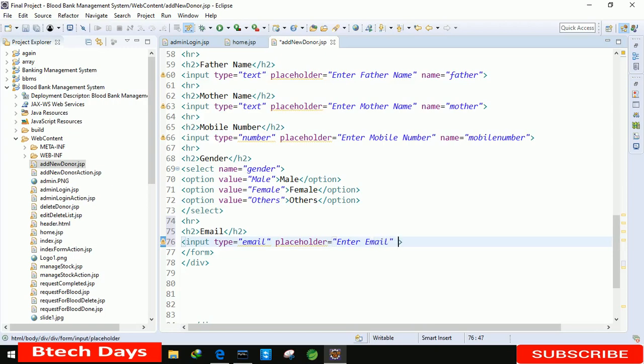Okay, name equals to email. Okay, hr. Okay, h2, next one is for the blood group.